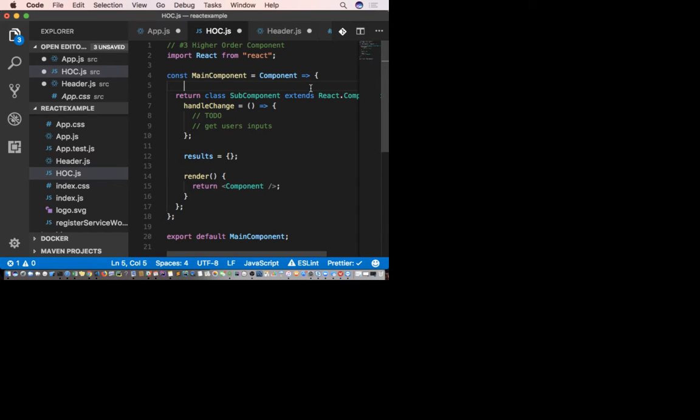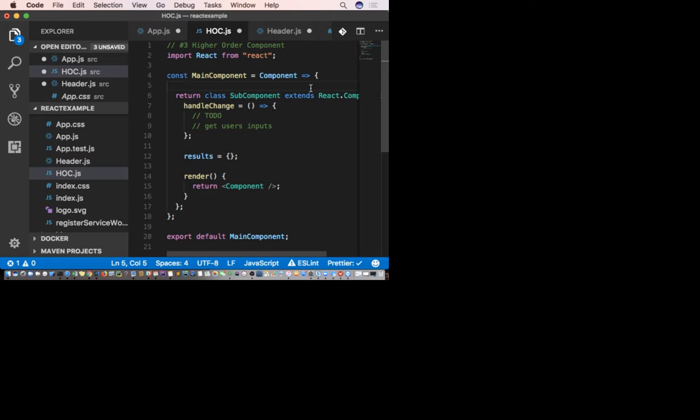Right. There's another one that is easier to use. Actually, there are two other ones. There's one that's easy to use, which is my favorite. It's called Redux Promise Middleware.